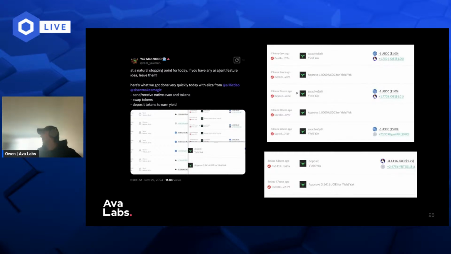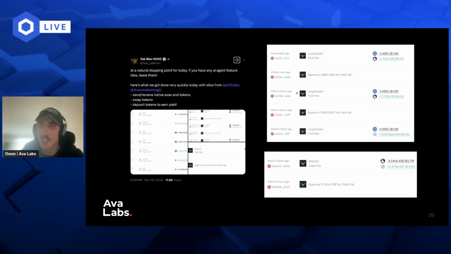Awesome. So again, I'm just speed running these Avalanche community projects right now. And if you're part of the Avalanche community and you don't see your project listed here, I'm sorry, I couldn't get to everyone. But this is YieldYak on Avalanche, which is a native DEX, or not DEX aggregator, a native yield aggregator for DeFi protocols. If you go to yieldyak.com, I believe it is, you'll see their website. But they actually built a plugin for Eliza for Avalanche. So you can send and receive tokens on AVAX, you can deposit to the YieldYak protocol, any of the different strategies, and so on and so forth.